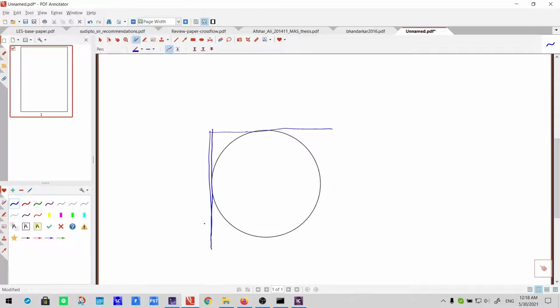It will touch this block, it will be touching this geometry, and it will approximate this geometry to be a block,